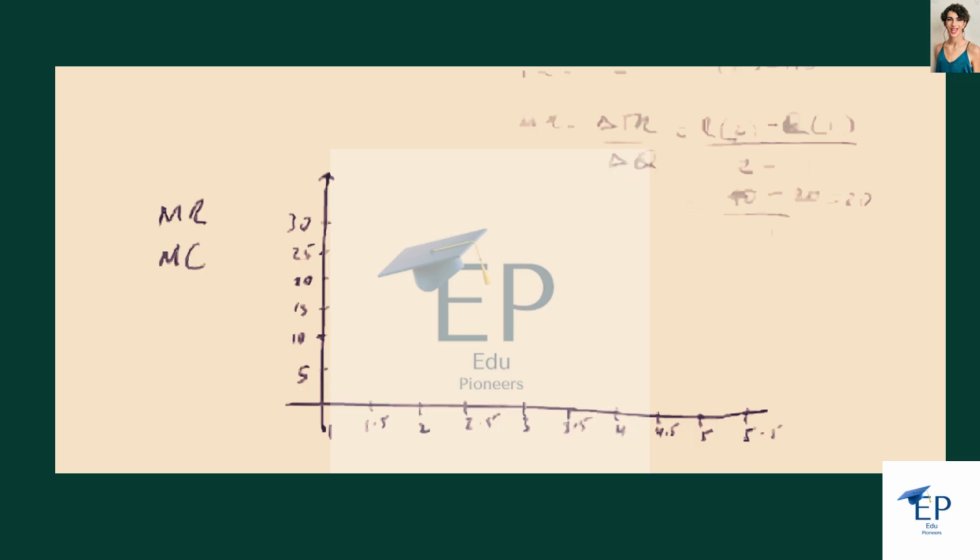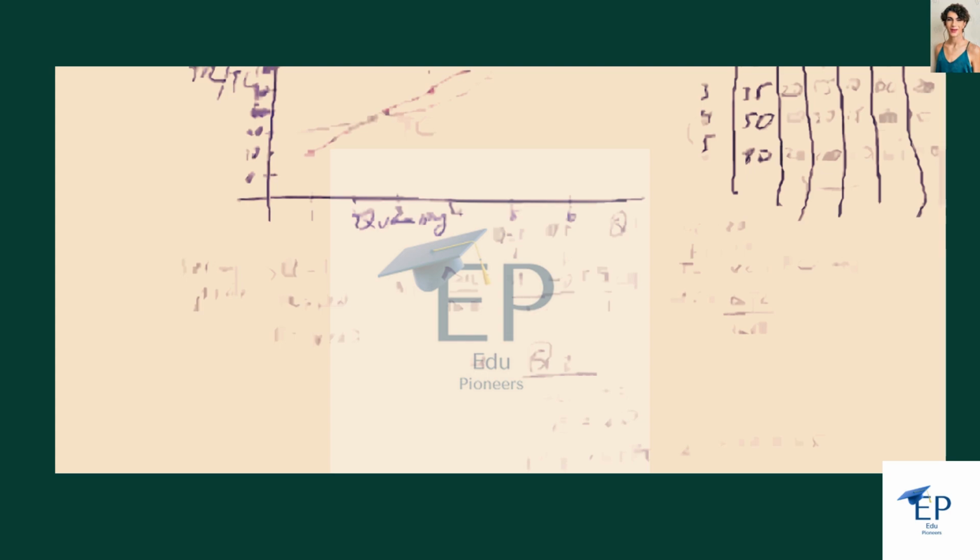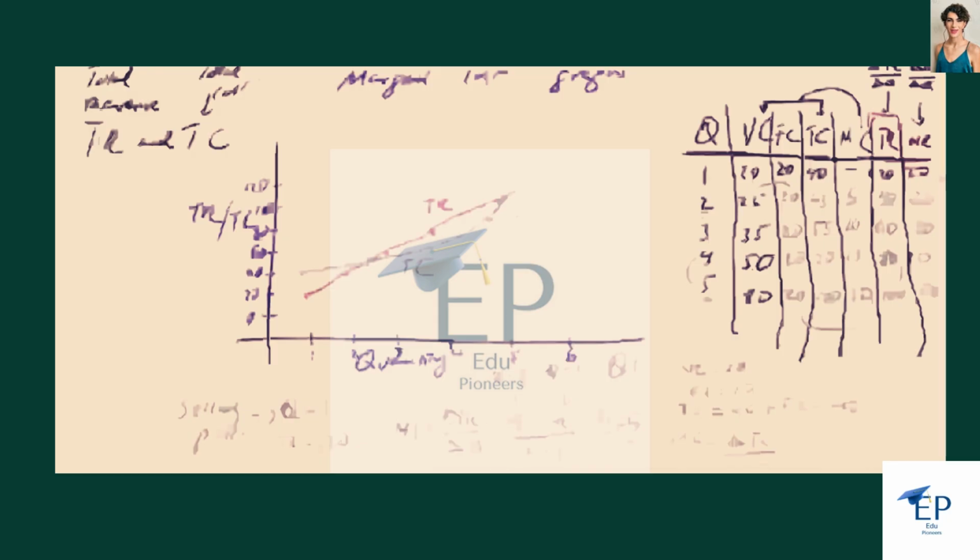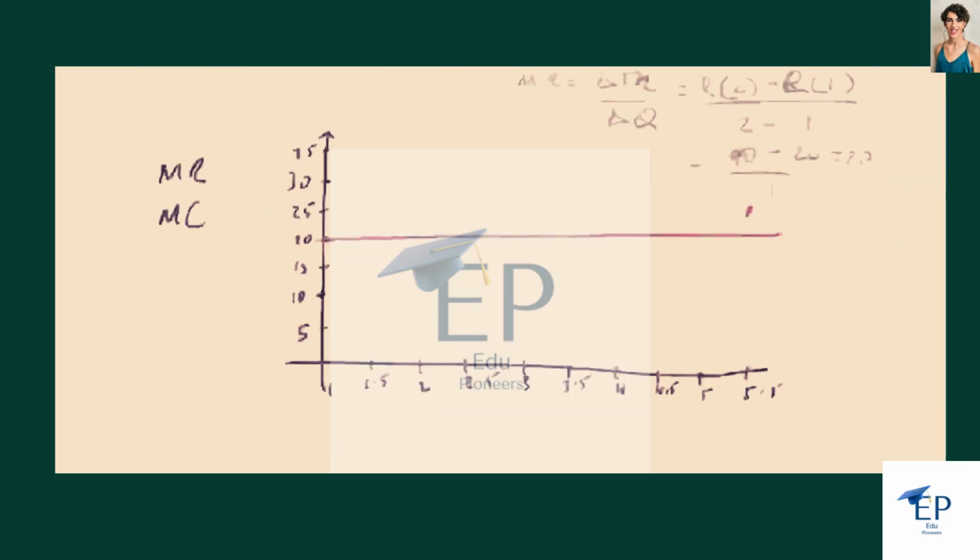The marginal revenue, as you can recall, stays the same. If you go back, you see it's always going to be 20. This is the marginal revenue right here. It always stays at 20. So we go back and graph a straight line like that, that reflects the marginal revenue staying at 20, but